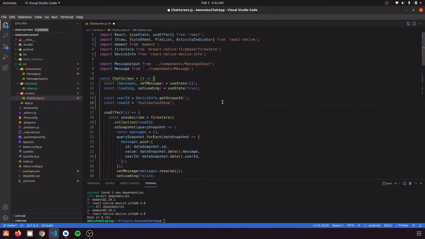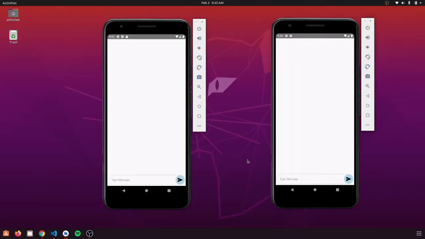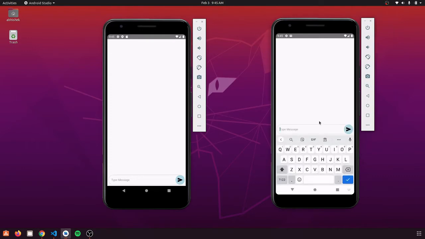So now this YouTube chat room collection in our database is having the previous structure of our data. So you can just go to Firebase and delete that node. And for now, we are going to use a different room ID. Let's name it part 3 and save this and try to run this on our devices. So now our application has been built and we have this chat room which is completely empty. So let's try to send some messages here.